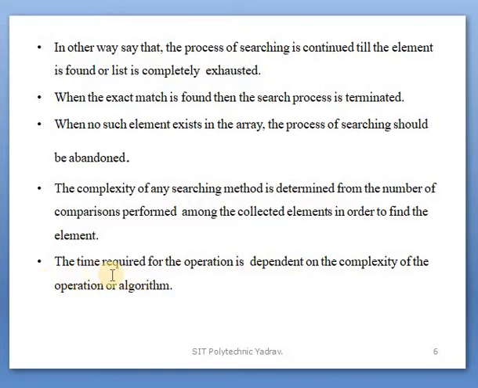Through that time we determine the complexity of the searching method or technique.